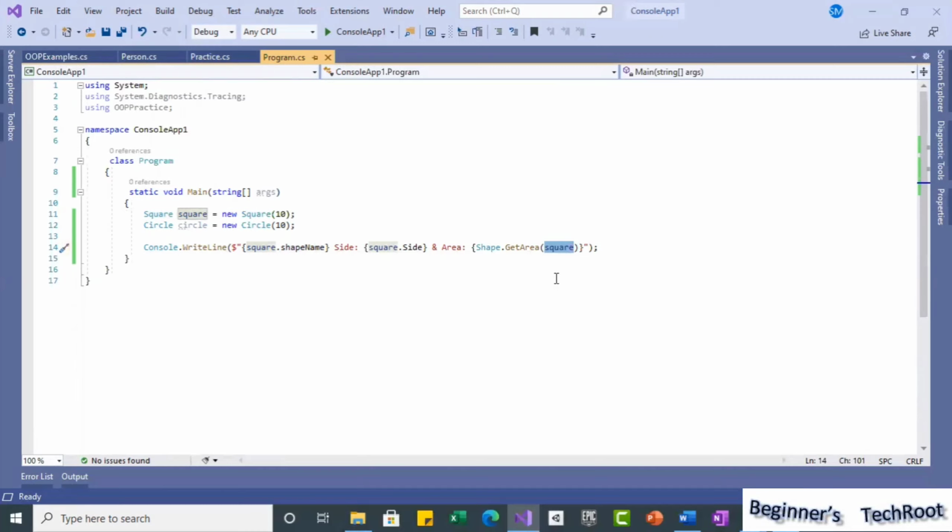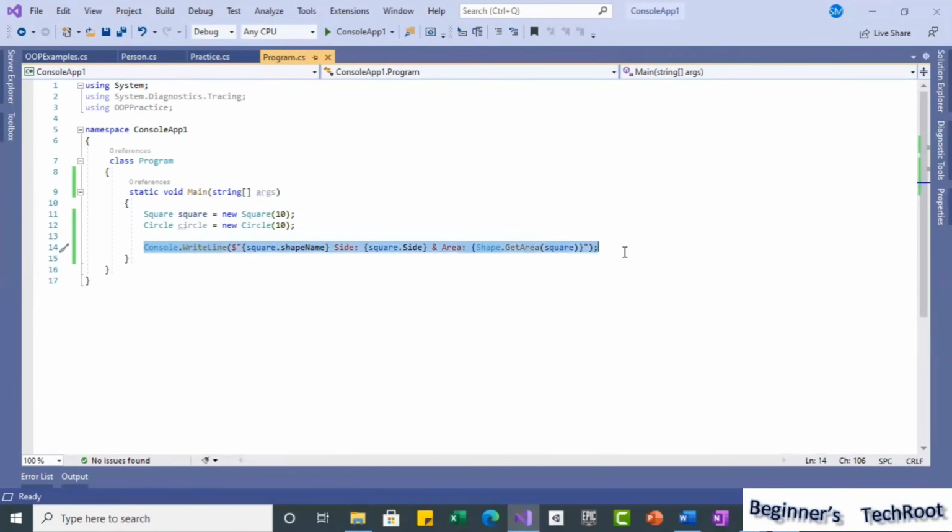See the behavior: as you are passing to this shape.getArea method, you are passing a square object, so the square area calculation happened. If you pass a circle, then the circle one will be called. I will write that also here so that you can understand.